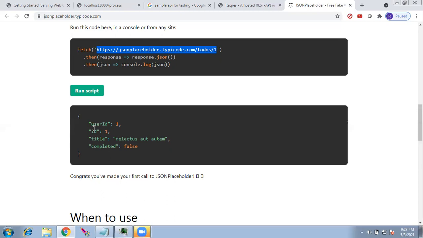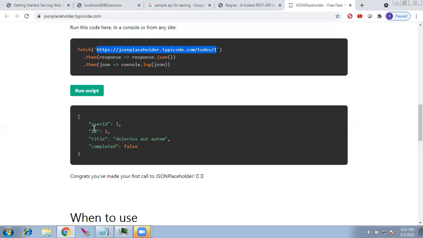Earlier days SOAP was there; nowadays SOAP is replaced with REST. Using SOAP UI you can test the web service, but using Postman you cannot test a web service.